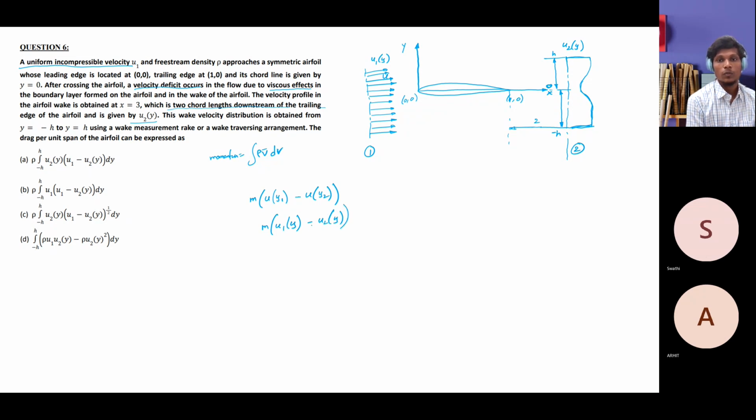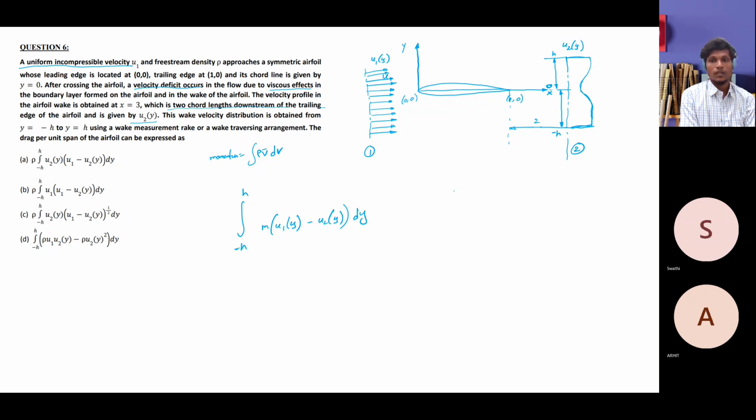You should remember that these are two different positions of x. The y distances are the same, but the x locations are different. That is what u1 and u2 are. So now all the equations consist of the same u1, u2. This is very clear. We have to integrate with dy along the y direction, and we know that from minus h to h we have to integrate, and this mass can be represented with